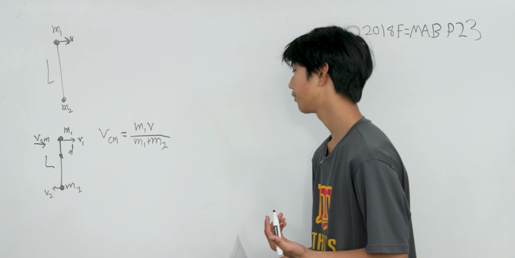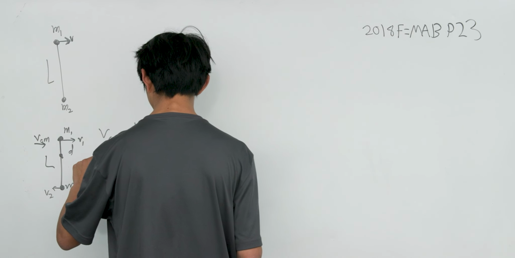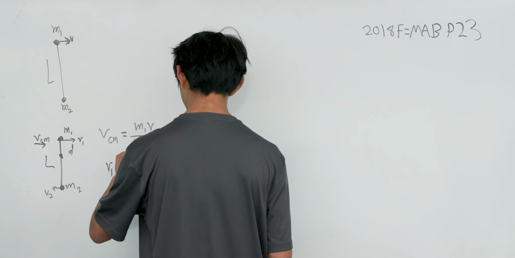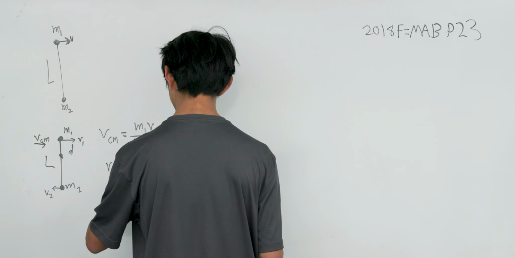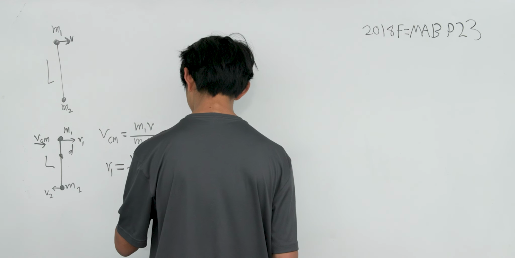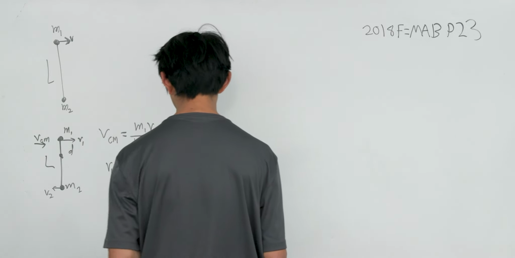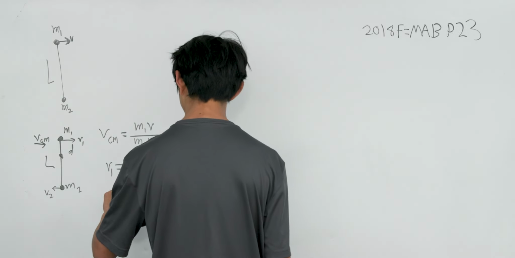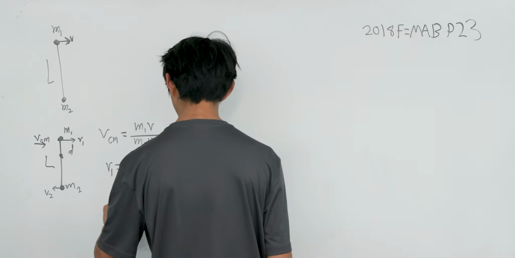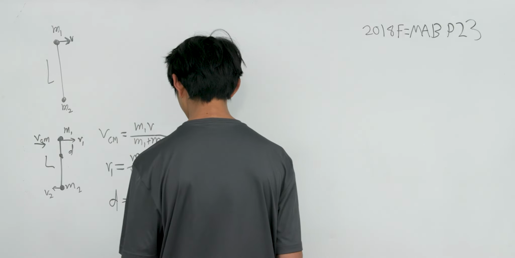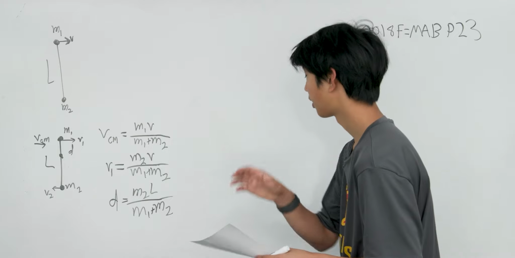So let's just list out velocity 1. If we have v1, this is equal to m2 times v over m1 plus m2. And then we have the distance from the point to L, which is just equal to m2 L over m1 plus m2. Now that we have these properties,